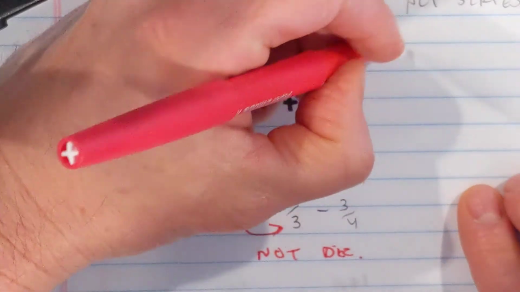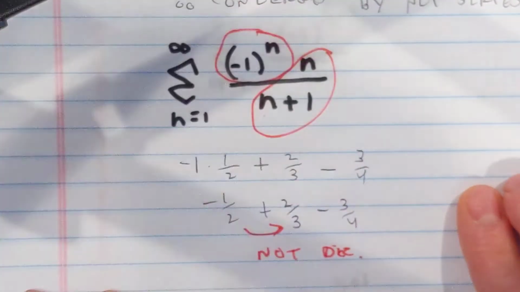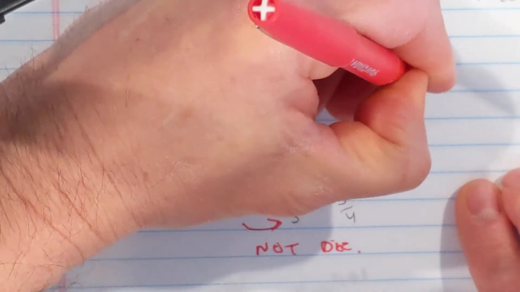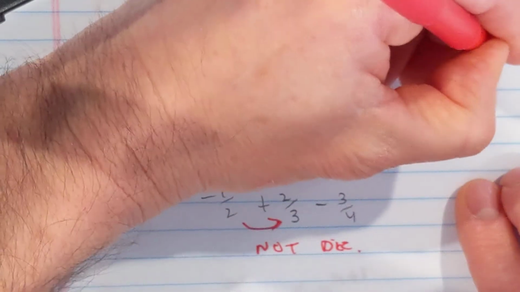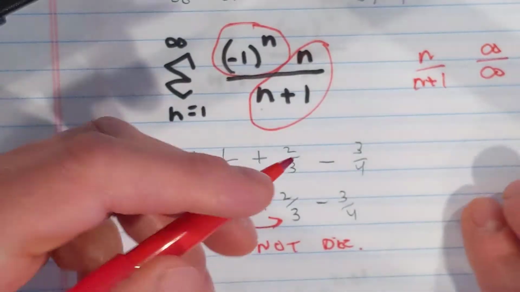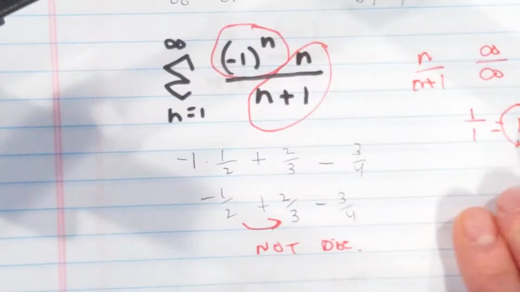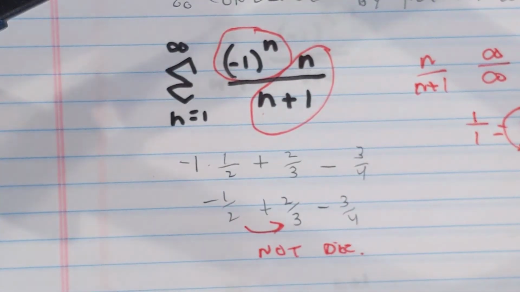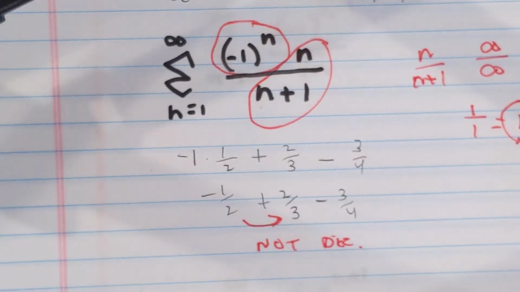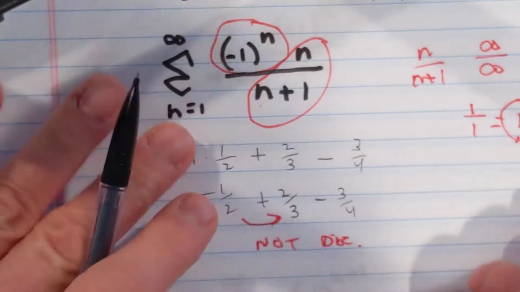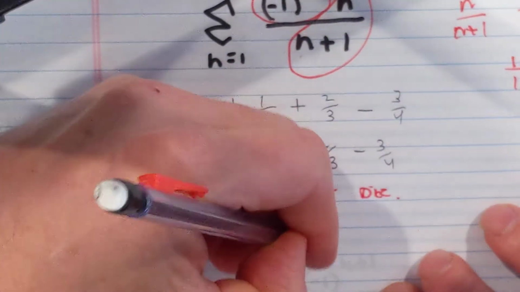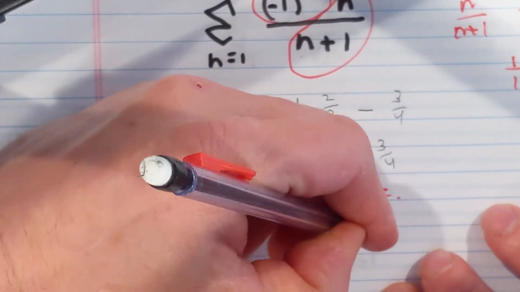Also note, if you take this term here, the n over n plus 1, and you plug in infinity, you get infinity over infinity. L'Hopital's rule applies. 1 over 1 is 1. That didn't go to a 0. So the conclusion is, since it's getting larger, we're going to conclude it diverges